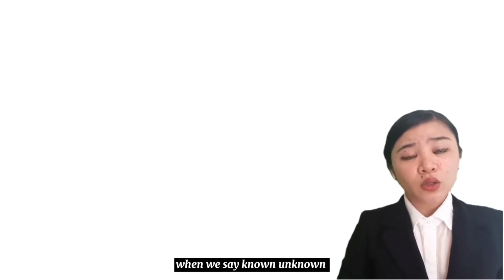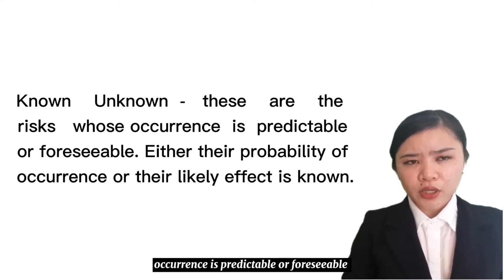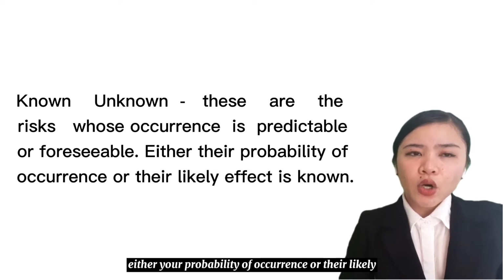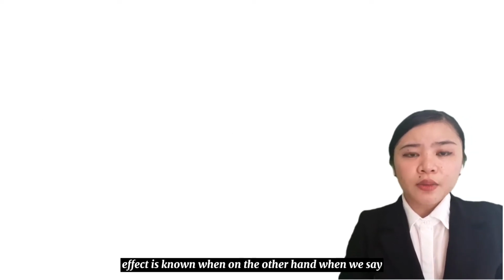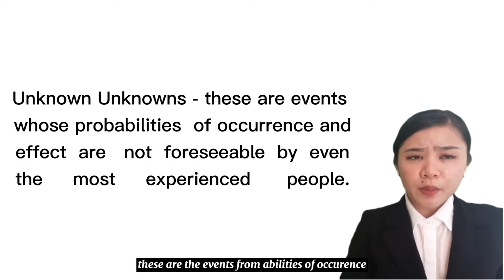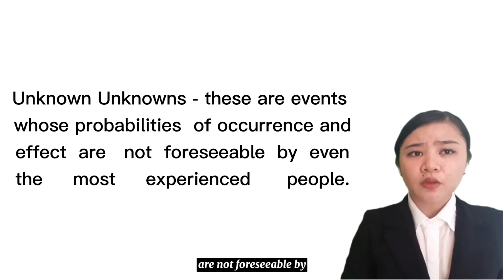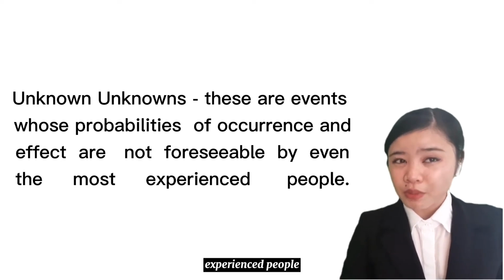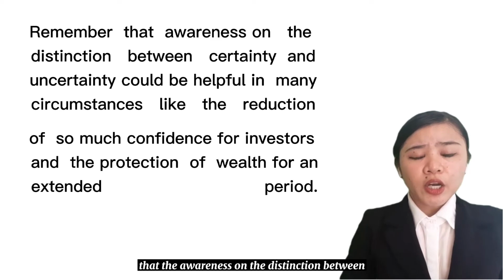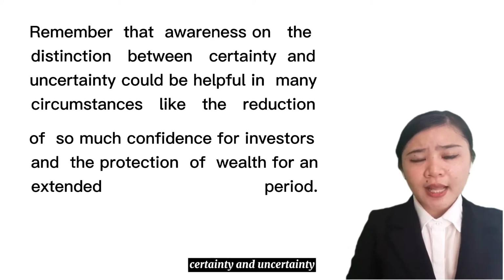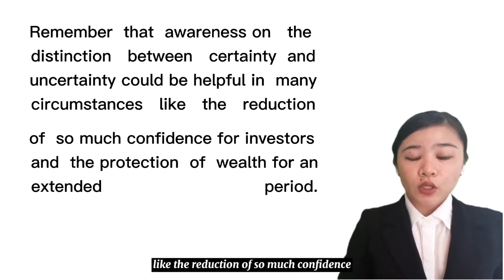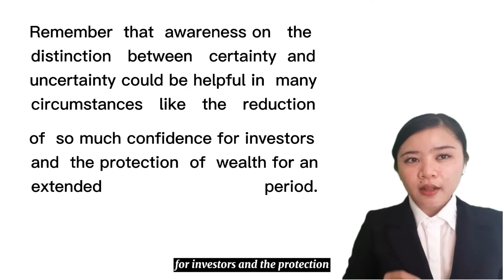When we say known unknowns, these are the risks whose occurrence is predictable or foreseeable. Either their probability of occurrence or their likely effect is known. When, on the other hand, we say unknown unknowns, these are the events whose probabilities of occurrence and effect are not foreseeable by even the most experienced people. Rumsfeld's statement is a reminder to everyone that awareness of the distinction between certainty and uncertainty could be helpful in many circumstances, like the reduction of overconfidence for investors and the protection of wealth